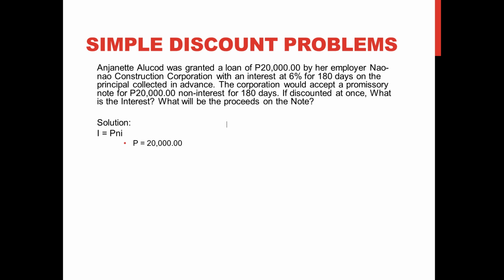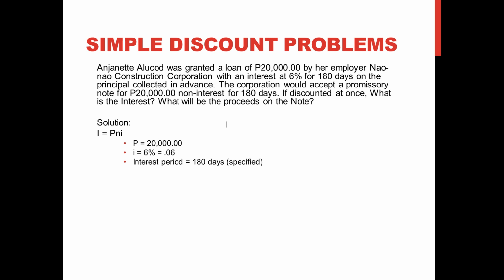So basing on the formula, I is equal to P and I. Okay, so our principal is 20,000 here. Why shall we say that the given is 20,000? Because if we investigate the problem here, the principal is collected in advance. Okay? And the principal referring to is a loan of 20,000. So therefore, that should be the principal